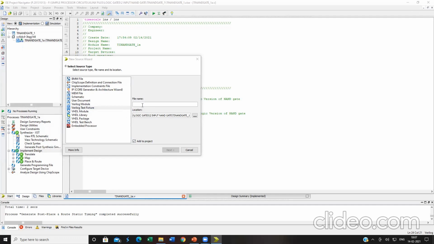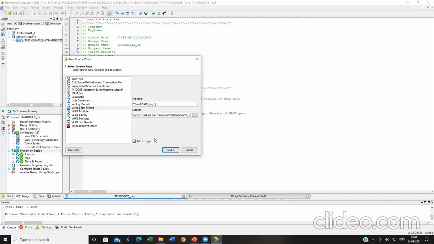The file name I'm giving is tinand gate underscore 1a underscore tb. 1a refers to my original RTL file, underscore tb indicates that this is a test bench waveform. Again, you must not touch the location and you must not touch this checkbox.